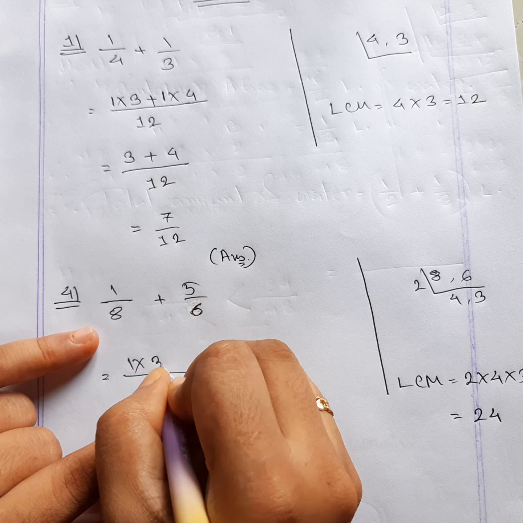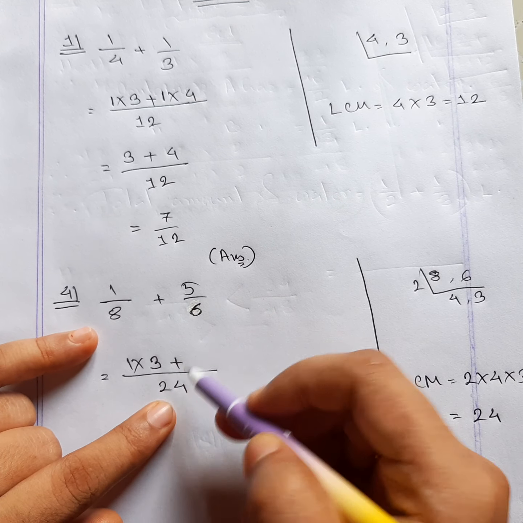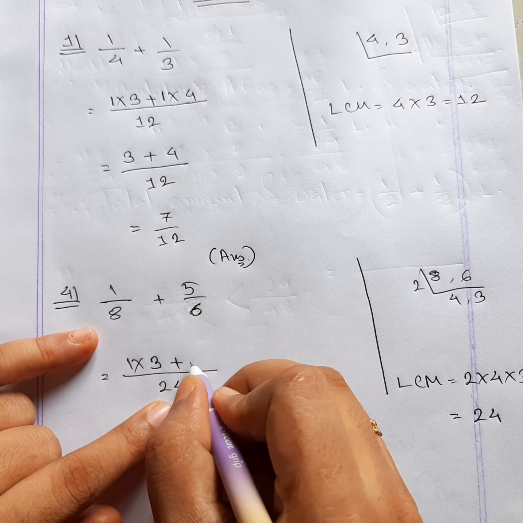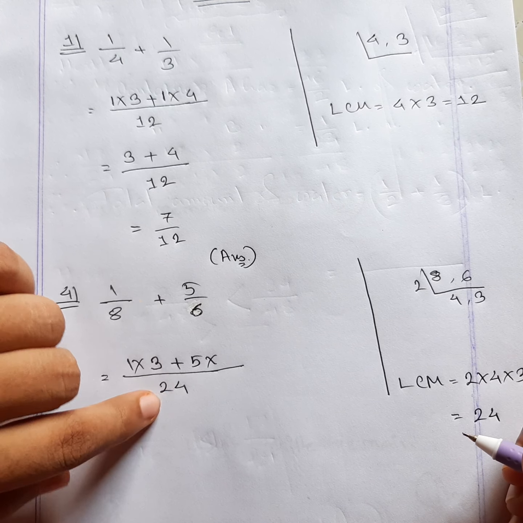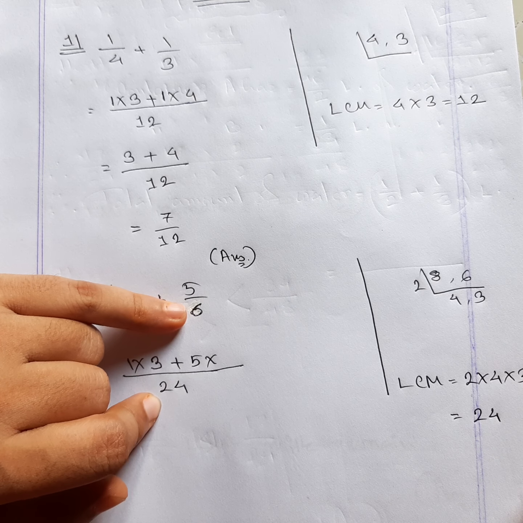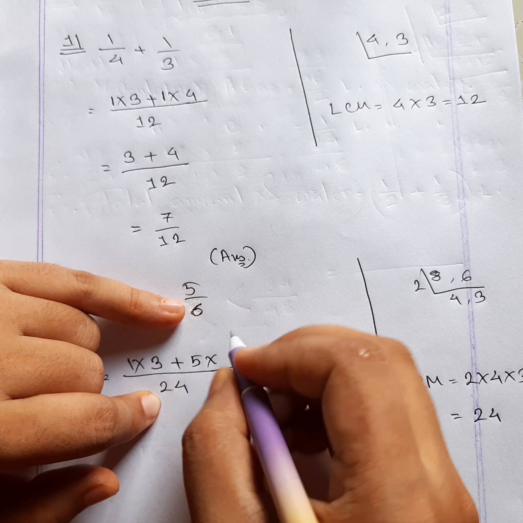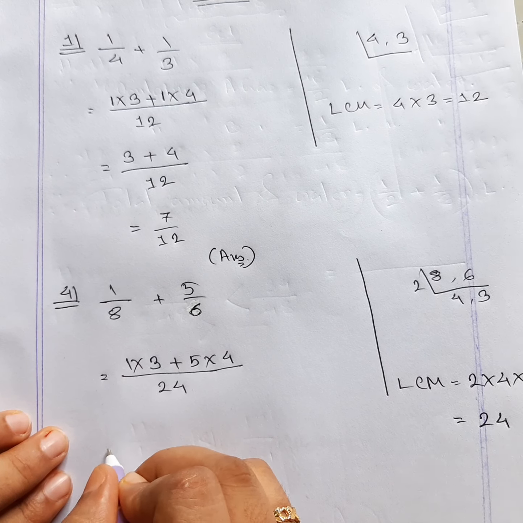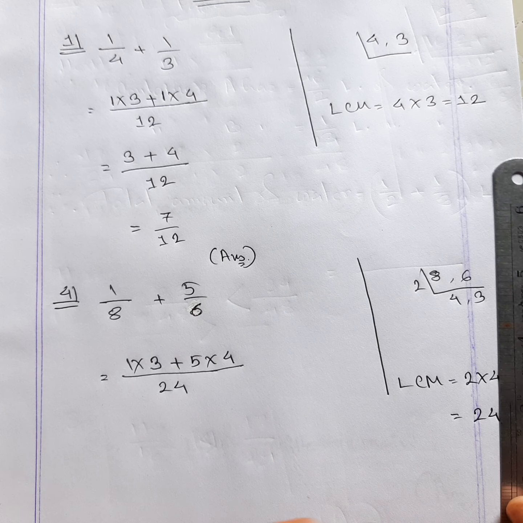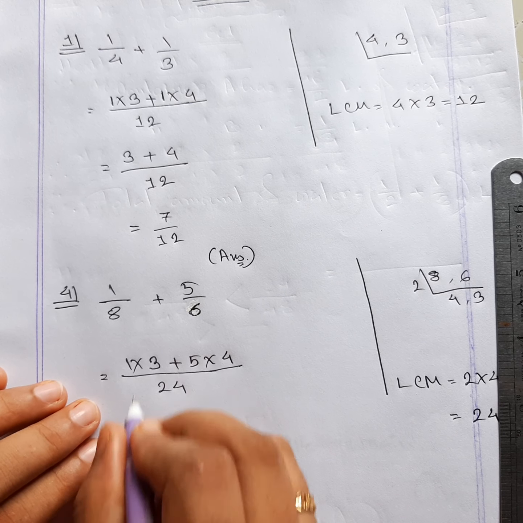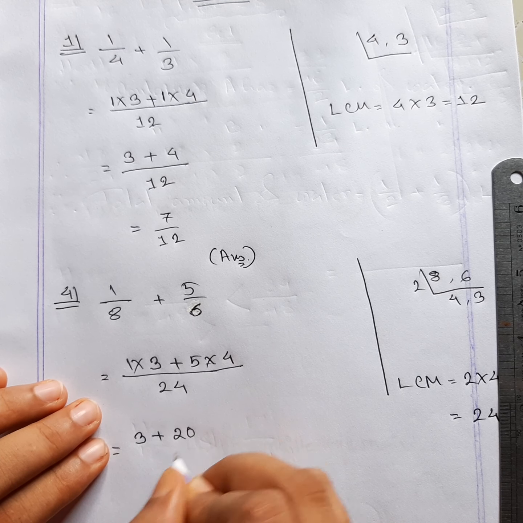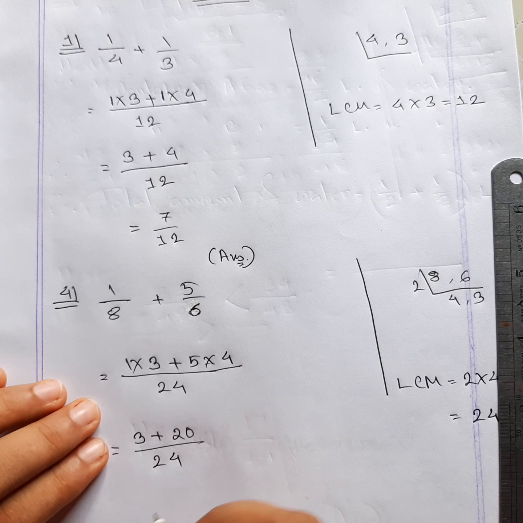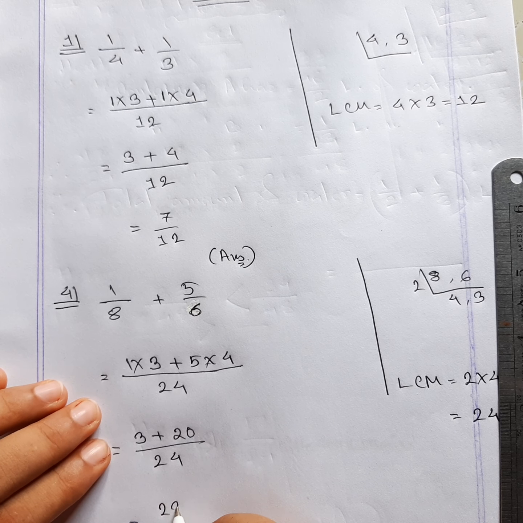I am going to multiply 3 with 1. If it is plus, then plus. If it is minus, then minus. Never ever forget that one. Now writing down the numerator again. Now dividing our LCM by denominator 6, and our answer would be 4. Multiplying 4 with 5. This is simple math. Okay, this is not that hard. 3 ones are 3. 4 5s are 20. And your answer will be 23 by 24.